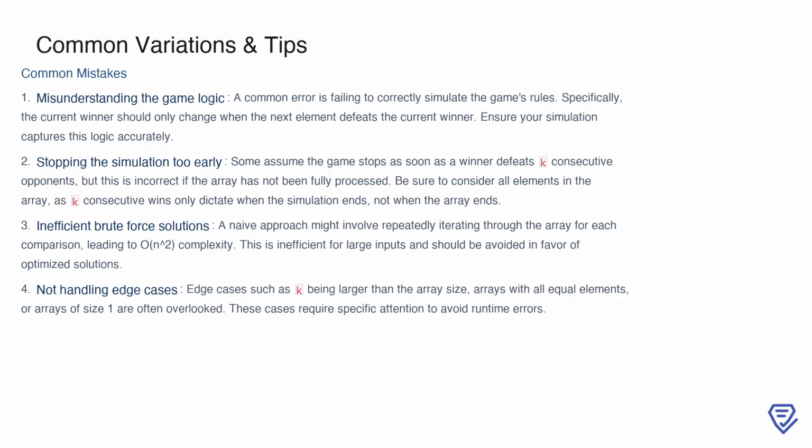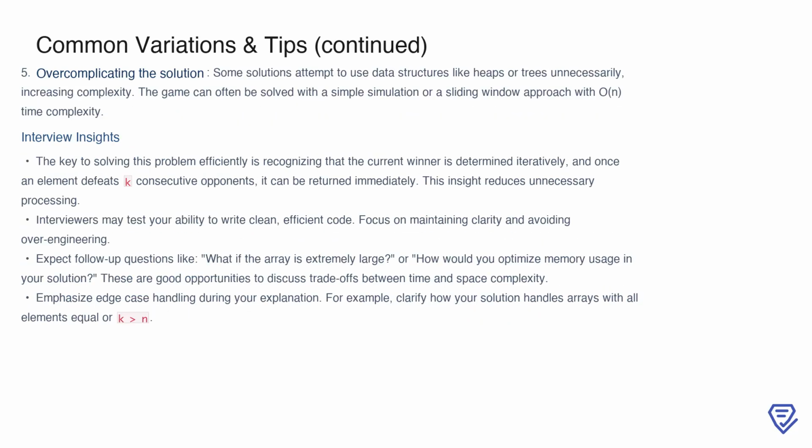Lastly, edge cases like k being larger than the size of the array, arrays with all identical elements, or arrays with just one element are often overlooked, so ensure you handle these scenarios carefully to avoid runtime errors or unexpected behavior. Overcomplicating the solution is another mistake to avoid. For instance, using data structures like heaps or trees unnecessarily can increase the complexity of your code. Instead, focus on simpler methods like simulating the game with a sliding window approach, which can achieve an efficient O(n)